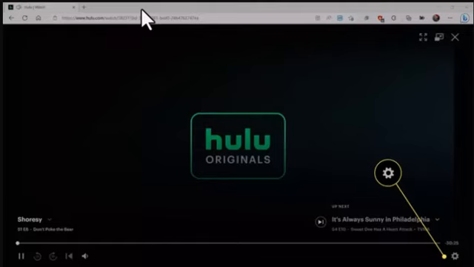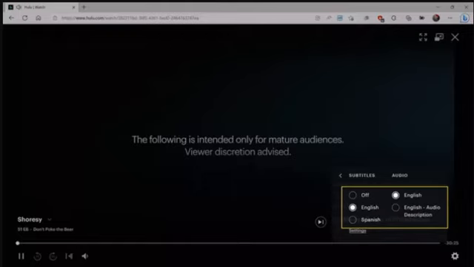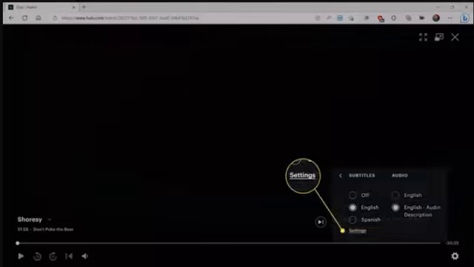From the home page, go ahead and select the particular series or episode that you wish to watch, and when you open it up, then click the gear icon from the bottom right hand side corner, and then you'll be able to see this pop-up menu. So from there, go ahead and select subtitle or just go to audio. And when you go to audio or subtitle, then you'll be able to see this option as subtitle as and the audio as in. So select accordingly what you want to go ahead and then confirm it by going to